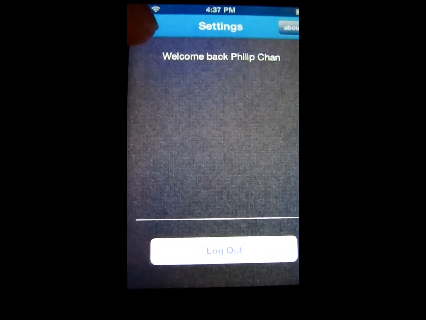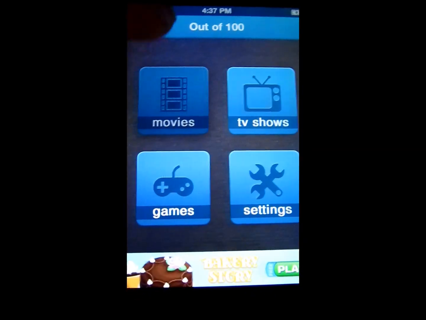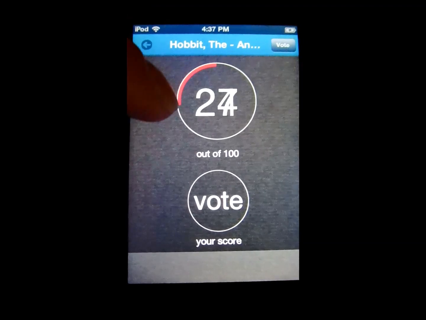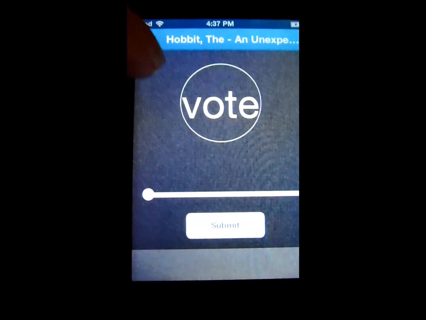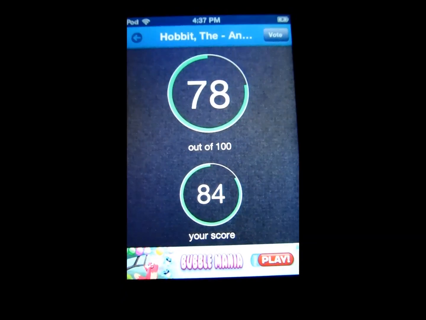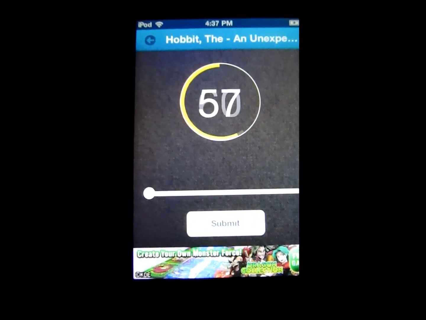And you can log in and out of your Facebook account here, and let me show you just how to share your rating. So I'll go ahead and look at The Hobbit. Let's give it a solid score, 84. And if you want to, when you hit vote, as I already have done,